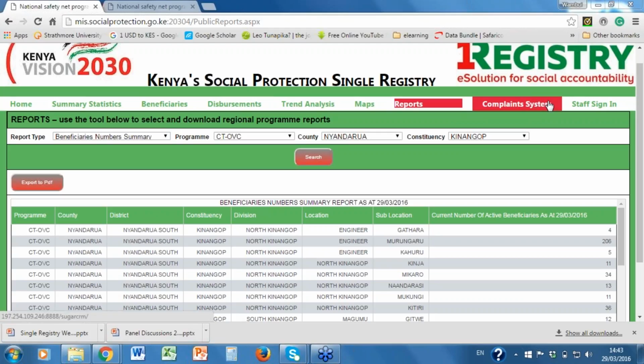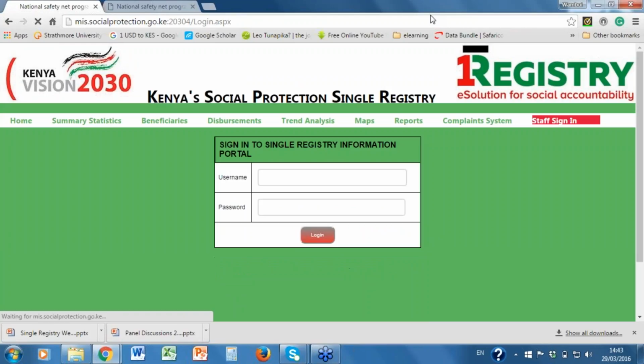We have also linked the complaints and grievance system to the single registry, and you are able to enter data directly from a toll-free line. Issues received through the toll-free line are entered directly through the complaints system. We have a staff sign-in, which is the section for the county officers or other staff who are allowed access. I'll log in and show you a few